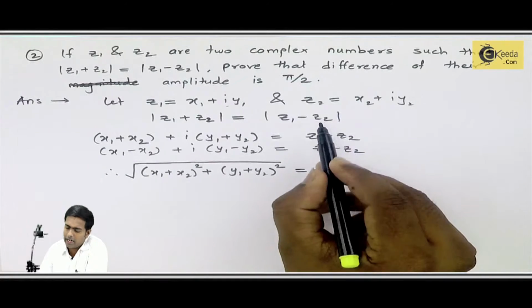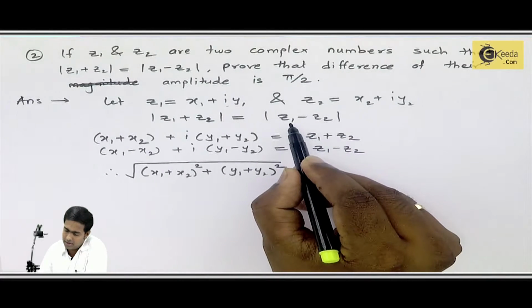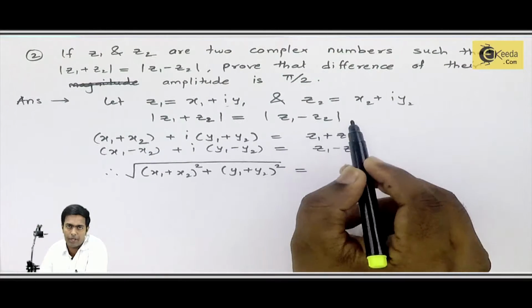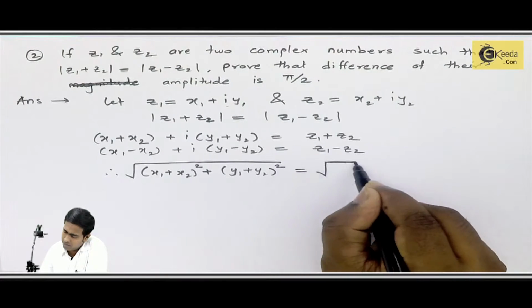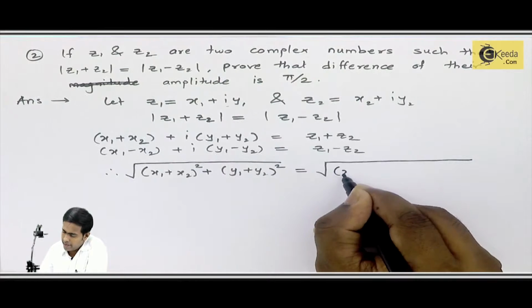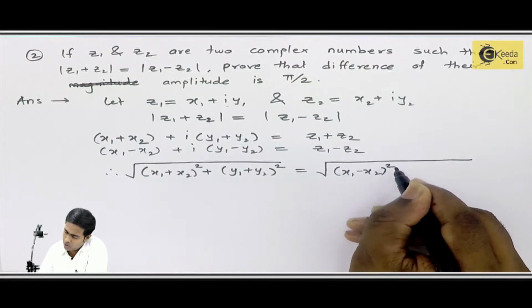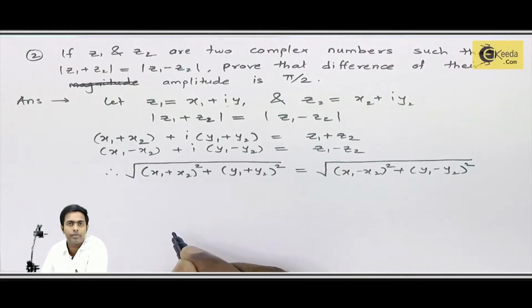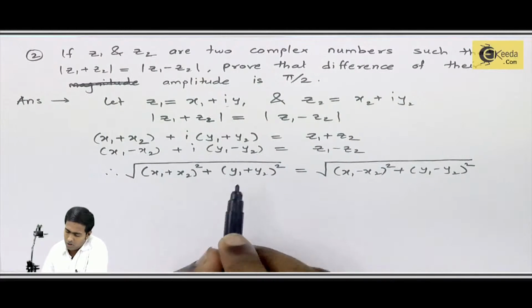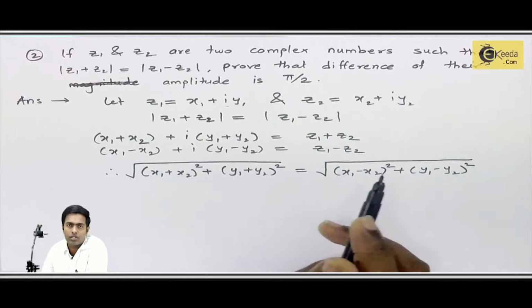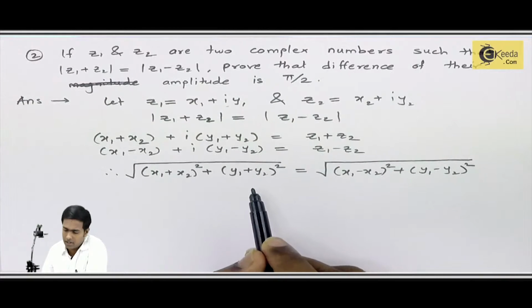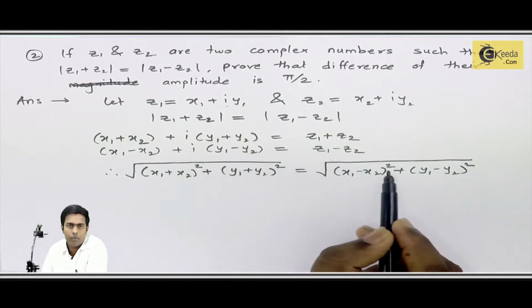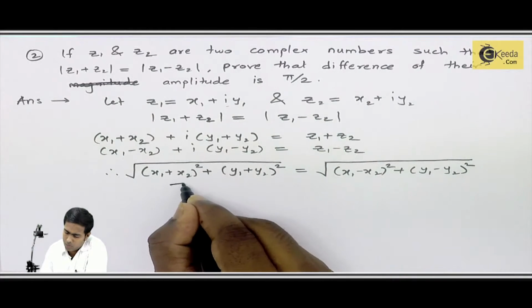Similarly, on right hand side, mod of z1 minus z2 will become root of x1 minus x2 the whole square plus y1 minus y2 the whole square. Now we can take square on both sides. Why? So that square root will be removed. So taking square on both sides,